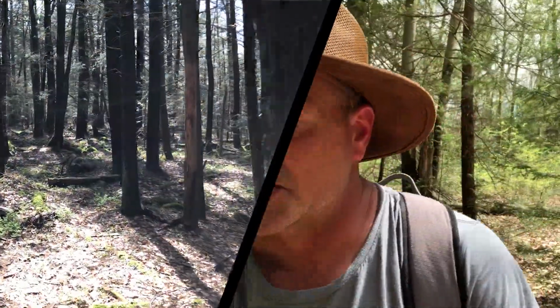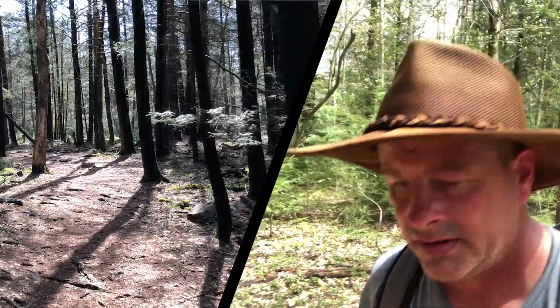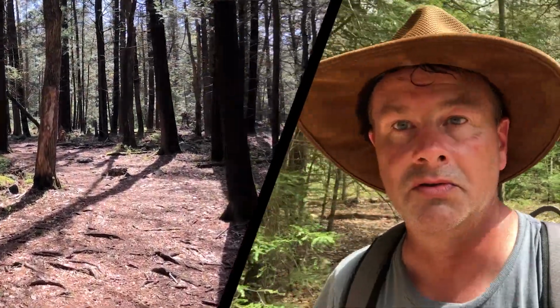Up here on this part of the trail, it's been dry for a pretty long time. So it makes it a lot easier to move at a relatively decent speed. There isn't a whole heck of a lot for me to show you guys on this trail. It's just a nice walk through the woods. This is definitely not a difficult trail to hike at all, other than the wet parts down at the bottom. The elevation is really gradual and steady,